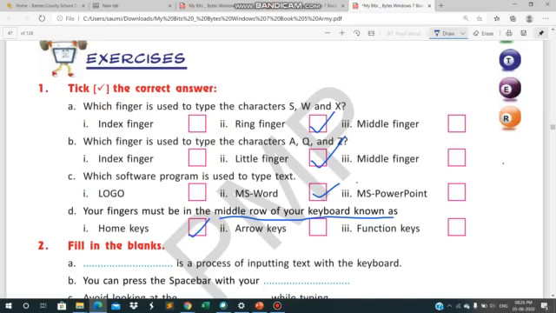Now, the next is fill in the blanks. Though these questions are very easy, still let us do them. Okay, let us start.